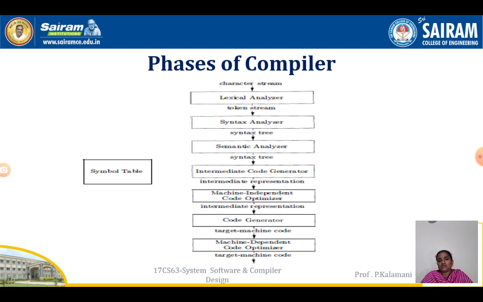Another thing is that during this process the symbol table is constructed. It is constructed during the first of the 3 analysis phases of the compiler. Then the further phases refer to the symbol table to perform their operations. The symbol table contains all the symbols and their values. So these are the various phases of a compiler.